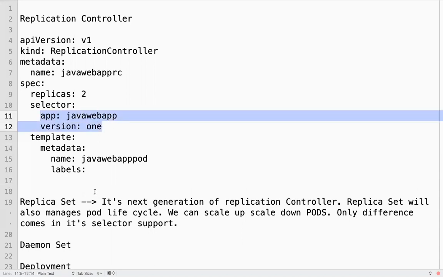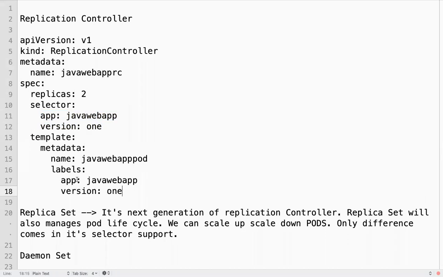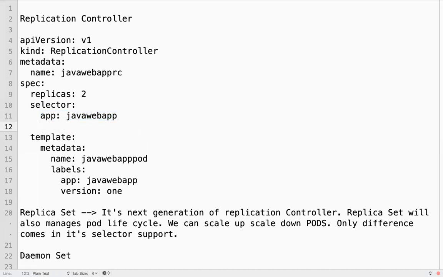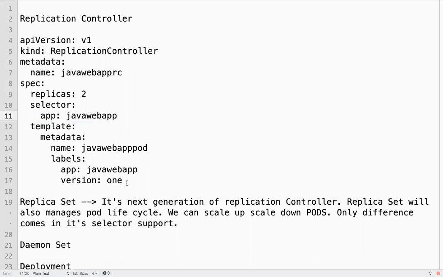You can give one label or two labels. For your pod manifest, you can give two labels, but here you can just give one, and it will try to match only this one. Or you can give both. So selector and label.